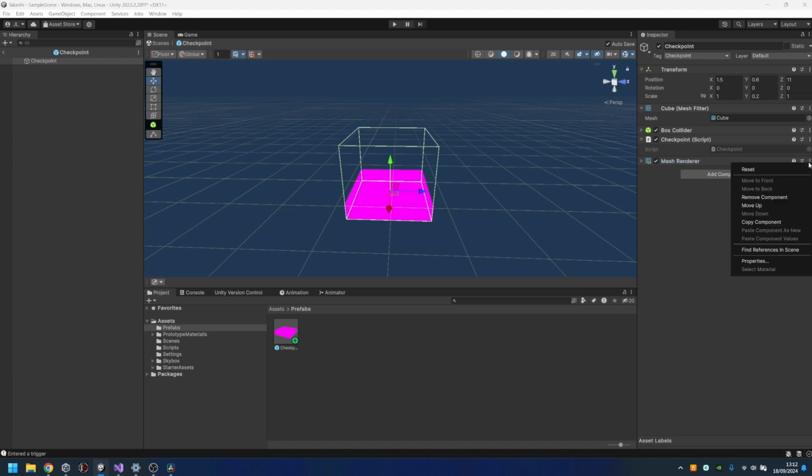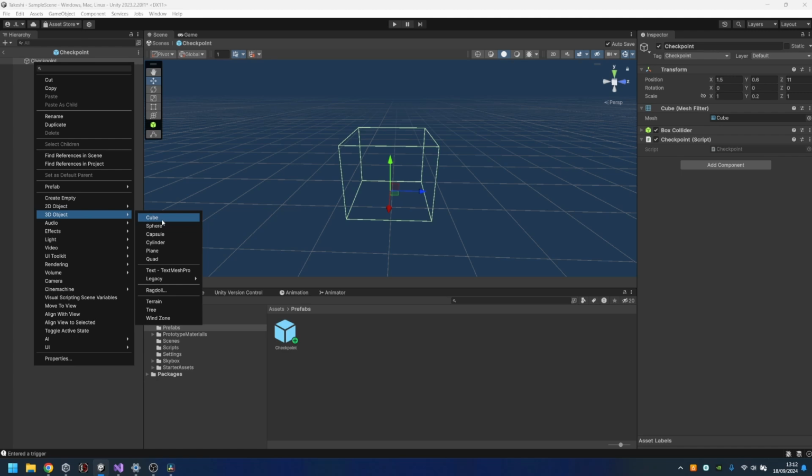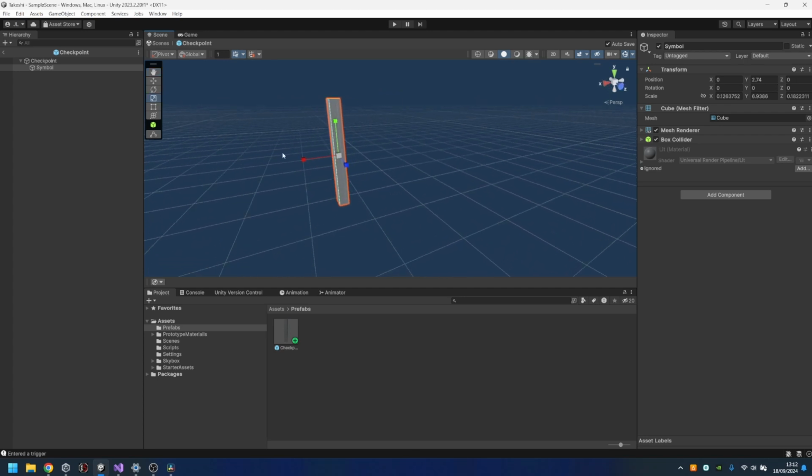Or another way you can do it is, I should remove that, another way you can do it is right click the checkpoint, create 3D object, maybe create a cube, we'll call it symbol, and I can just quickly turn it into something like so. Obviously this is just a cube at the minute, it's not really going to symbolize anything. Make sure it's set to the 0 position. Make sure you haven't got a box collider on it this way, so the player can't just pass straight through it. And then